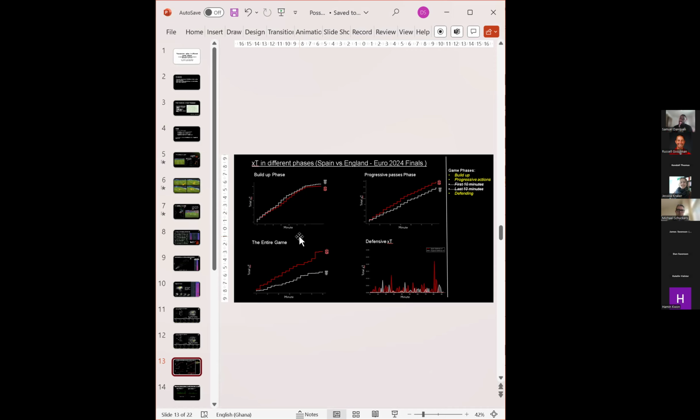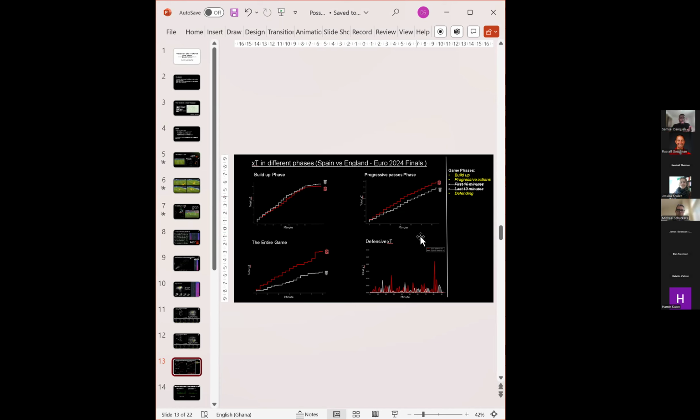England actually slightly dominated at the build-up stage, where they did pretty well whilst moving the ball. The build-up phase, for those who are not confident with it, is essentially moving the ball about 10 meters from the defensive third to the central third of the field. Any gradual movement that is 10 or 5 meters in length is considered build-up play. It could be a backward pass, and that is potentially build-up play. England dominated in that field, but just marginally, it wasn't a huge dominance.